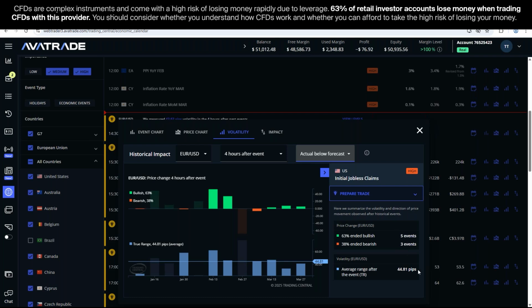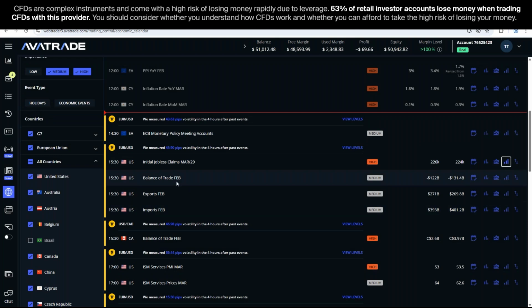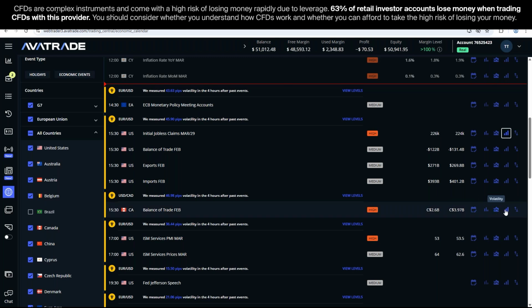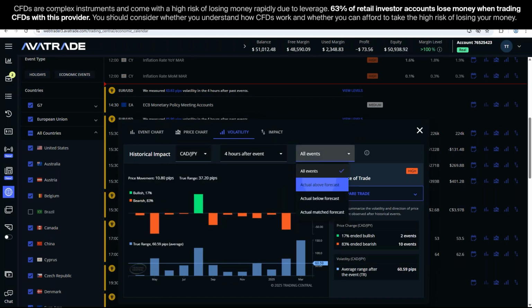If this comes in below forecast, the percentages aren't as strong, but if it comes in above forecast, 75% or better, that sounds pretty good from the past statistics. So you might be prepared if this comes in above forecast to trade based on the past statistics for this announcement. Now, we also could look at, there's an announcement out of Canada, balance of trade. And if we pair the Canadian, maybe not against the USD, but against the yen, because there's a US announcement at the same time, if this comes in above forecast,